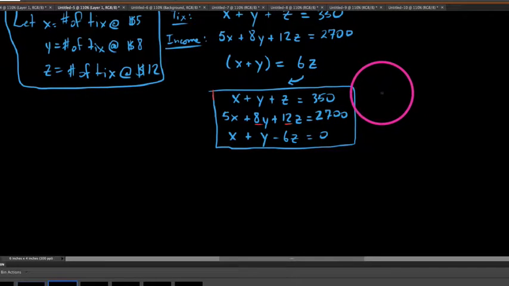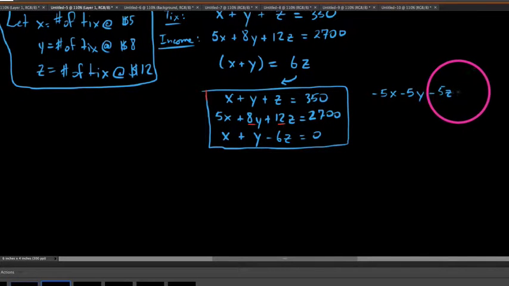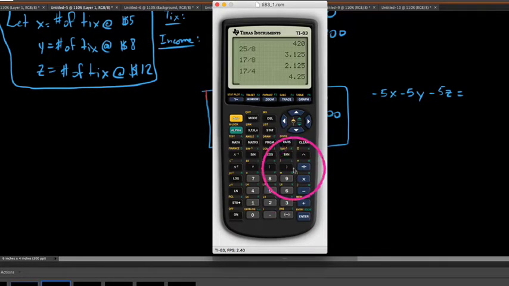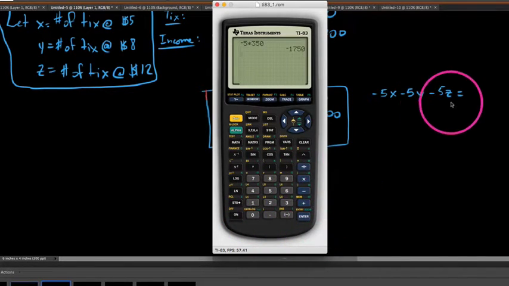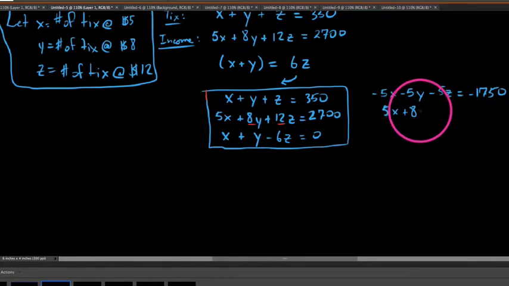So if we were to do this, I would get negative 5x minus 5y minus 5z, and that would equal negative 5 times 350. So looking at this on a calculator, we get negative 5 times 350, which is negative 1750 on the right side. So now, adding this to the second equation, which is 5x plus 8y plus 12z equals 2700,